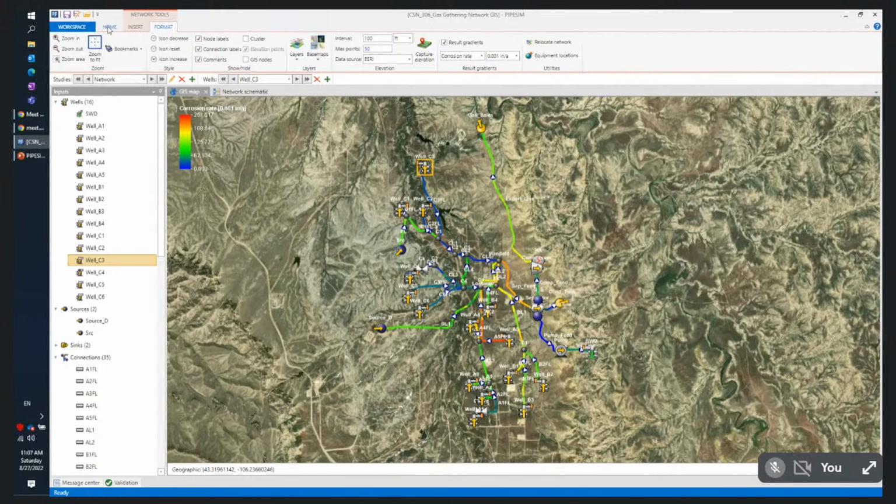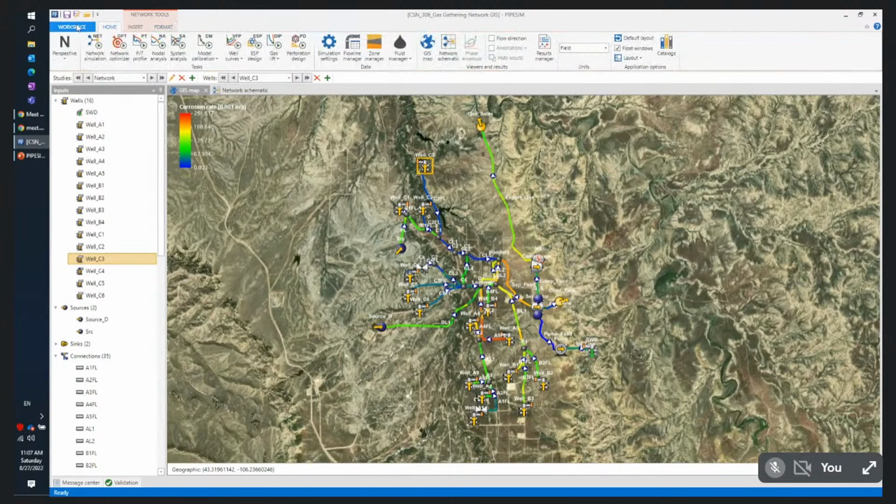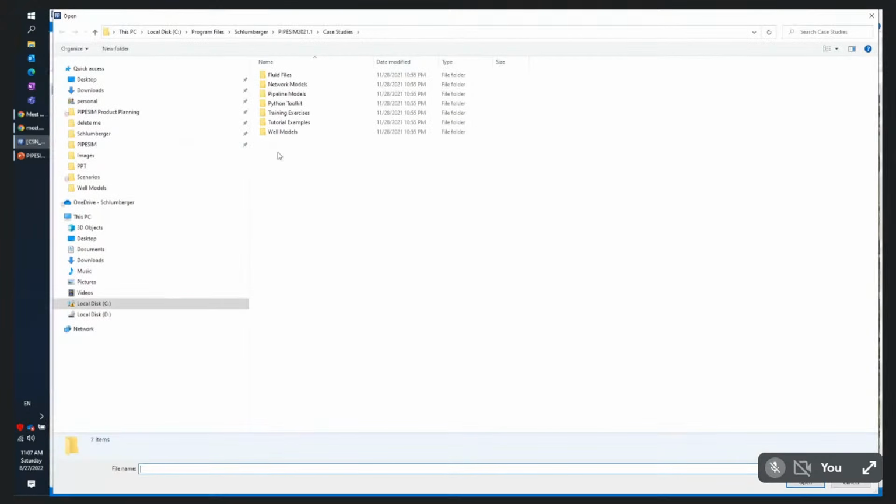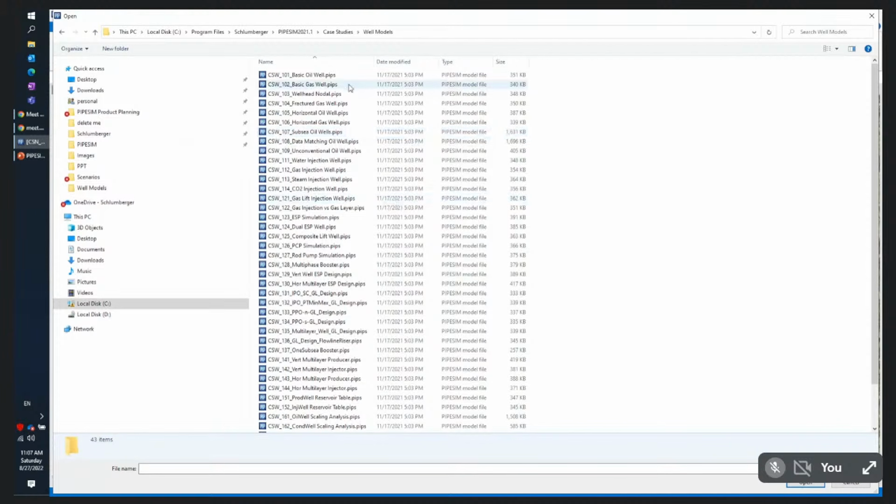So what I'm going to do right now, I'm going to go to the workspace, and then I'm going to help case studies. And let's have a look into the different options. So for example, if I go to this first example, basic oil well. This is an oil well with one gas lift valve. So if I open this well,